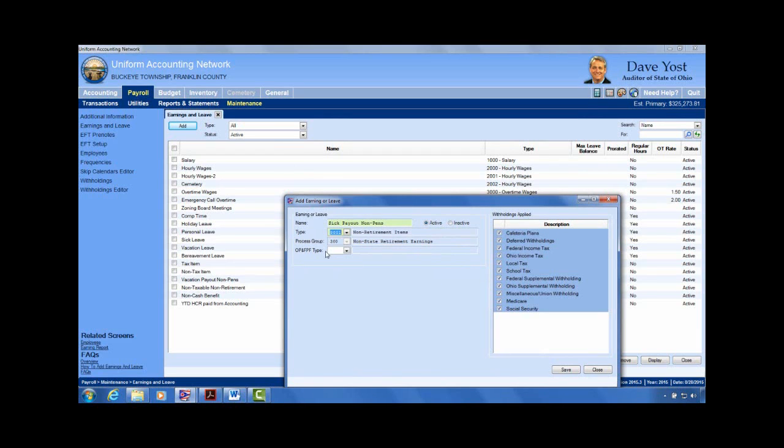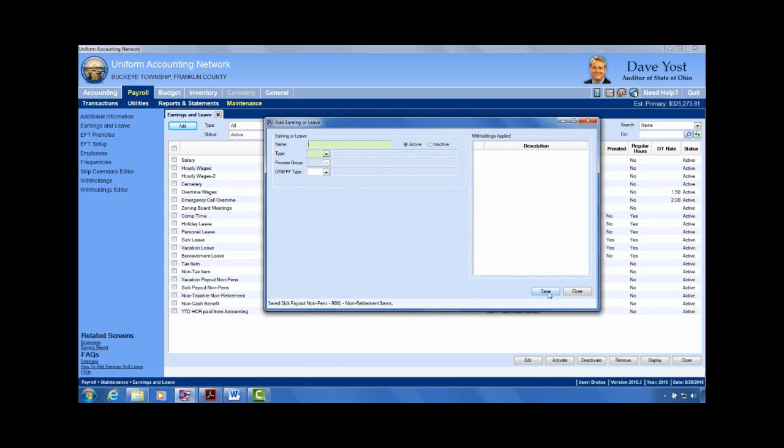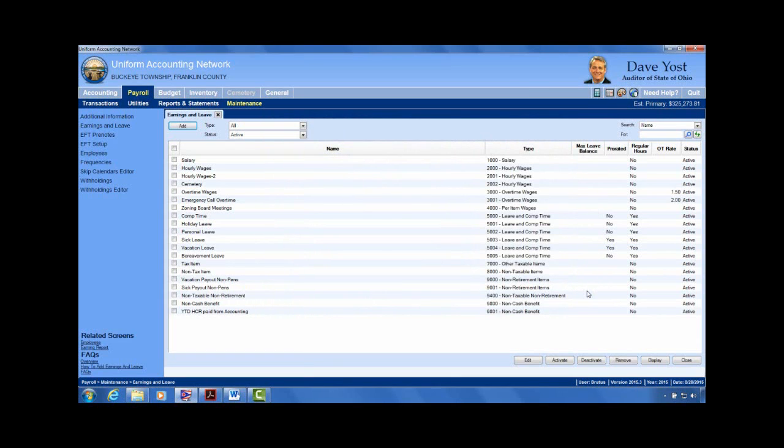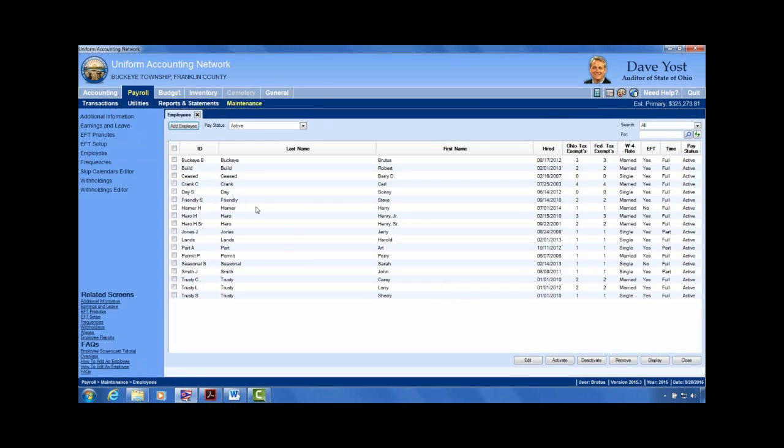If you have employees that qualify for this that are OP&F members, then you would pick an OP&F type. That would be important for their OP&F reports to work. In our case, we're going to leave that blank. This only applies to some of our OPRS members. And we'll save that and close. So now we've got our sick non-pensionable, and I'll close our master list of earnings and leave, and we'll go back to payroll maintenance employees